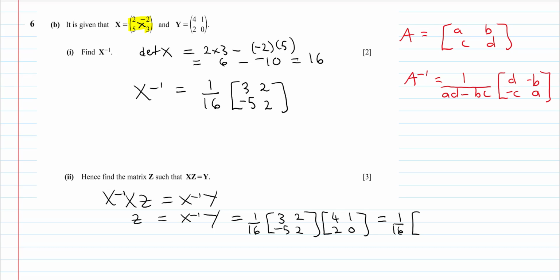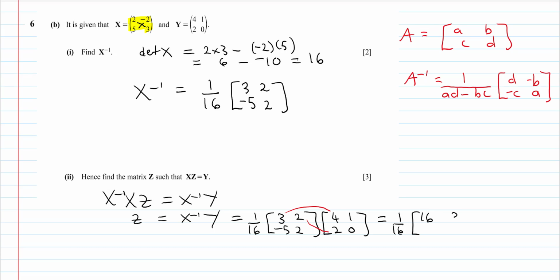And the number in row 1, column 1 is going to be 3 times 4 plus 2 times 2. So 3 times 4 is 12, 2 times 2 is 4, so we're going to get 16. And then in row 1, column 2, we're going to get 3 times 1 plus 2 times 0,